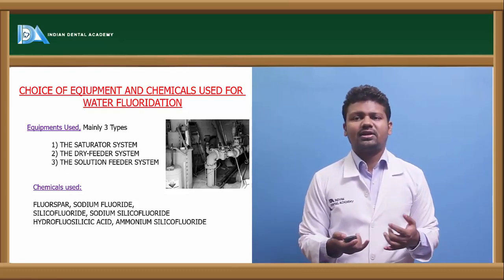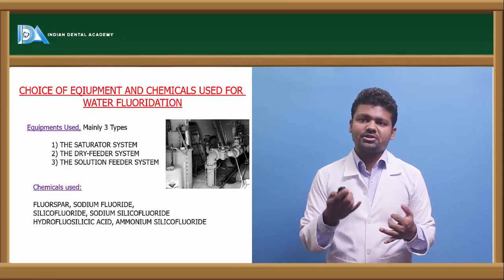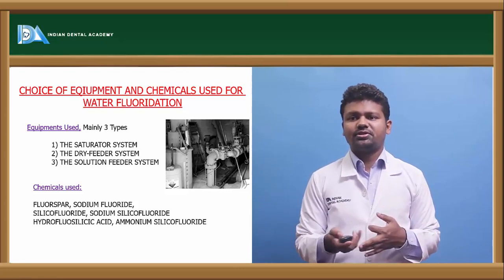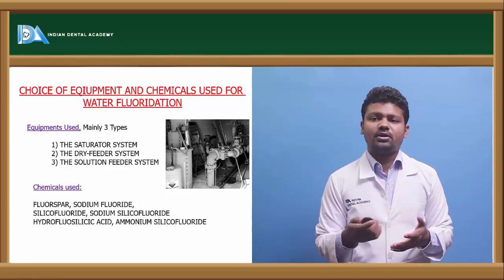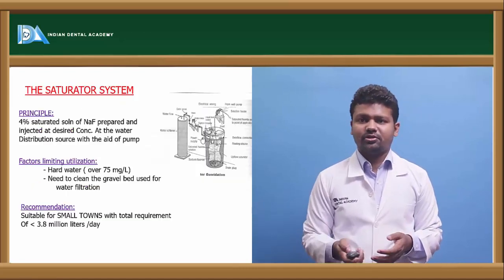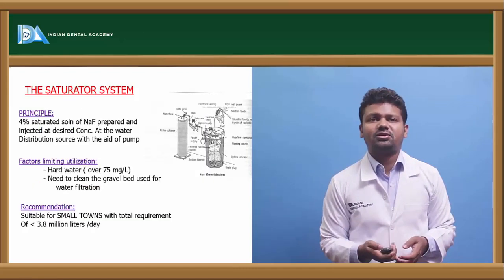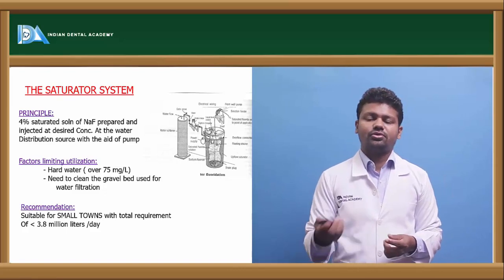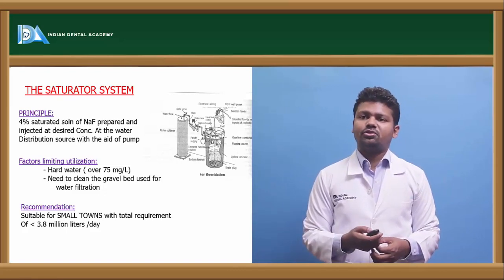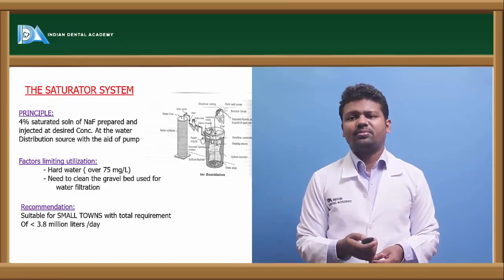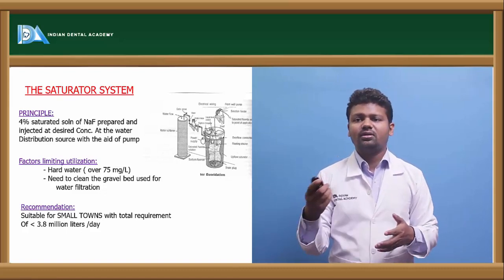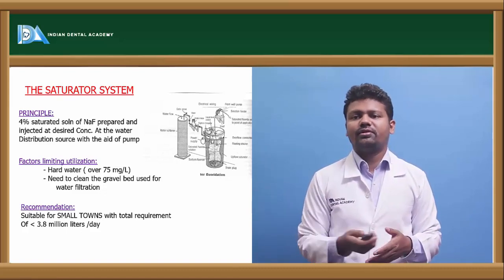The equipments used are the saturator system, dry feeder system, and solution feeder system. Chemicals used can be fluorospar, sodium silicofluoride, and ammonium silicofluorides. The saturator system works on the 4% principle of addition of sodium fluoride, injected into the water at concentration. A limiting factor is that when the water becomes hard, over 75,